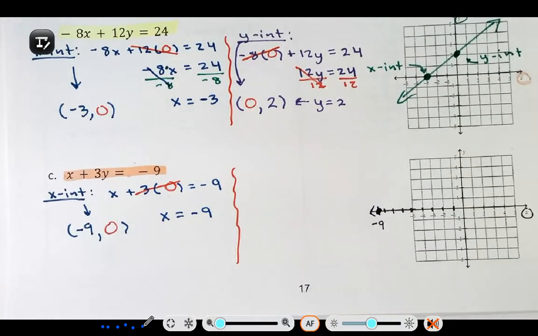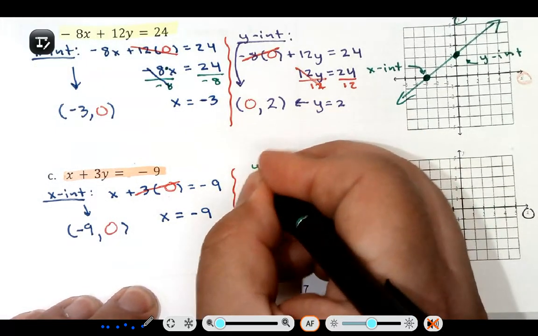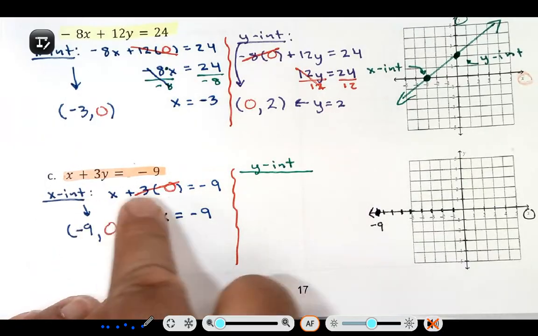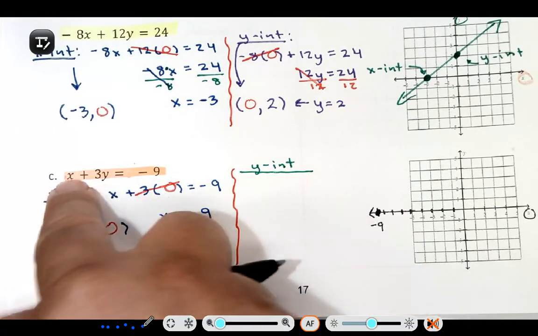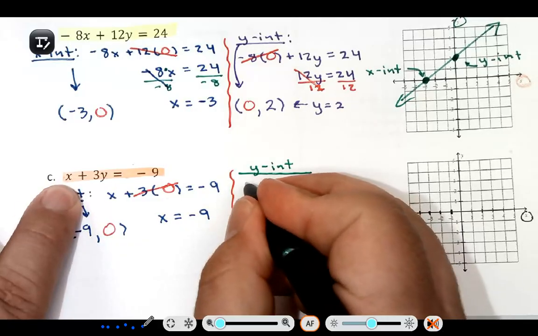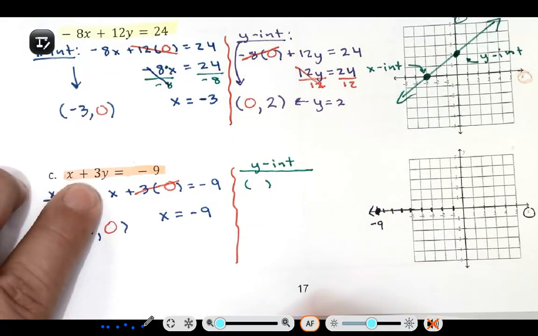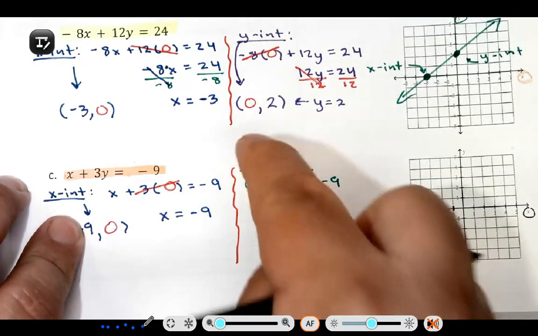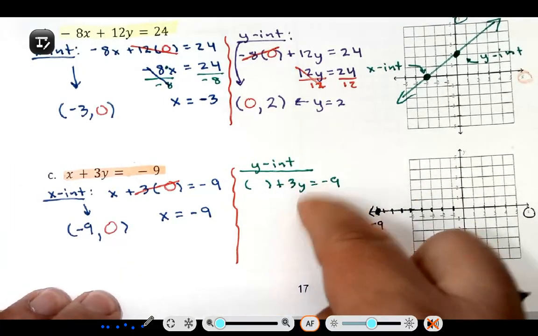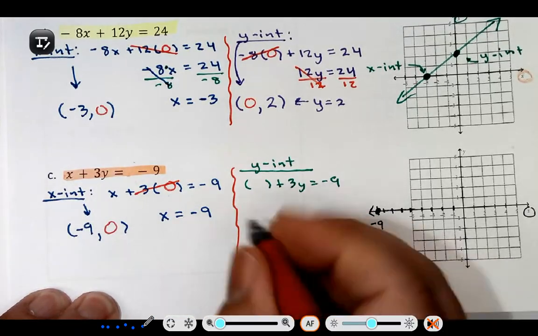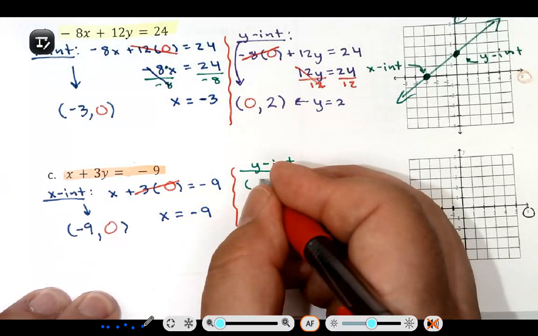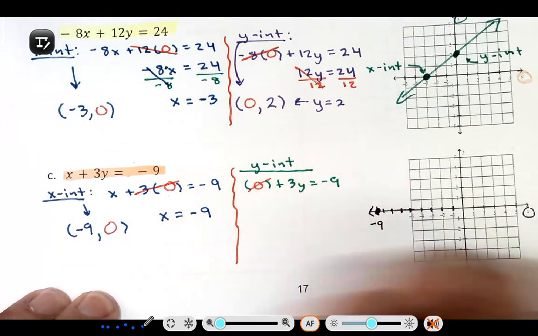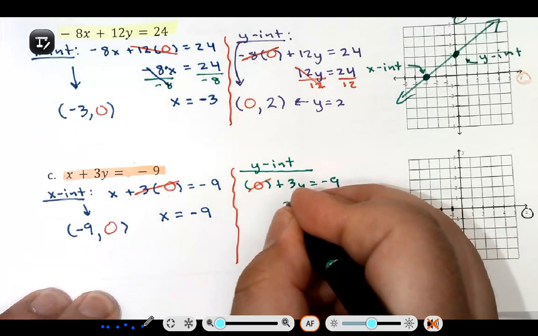All right, well, all I need now is my y-intercept. So here we go. Y-intercept, just find the space to do it all here. Here's the same equation. I want to solve for y. What I don't want is that x right there. So if I see an x, I'm going to leave it empty for now. Empty parentheses, plus 3y is equal to negative 9. You want a y-intercept? Well, then you better find the y. That's why I want to keep it. But remember, what do you automatically, for an intercept, turn the x into? Well, 0. And then because it's a 0, look, we can start ignoring it, leaving me with 3y is equal